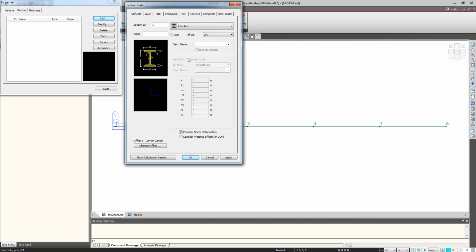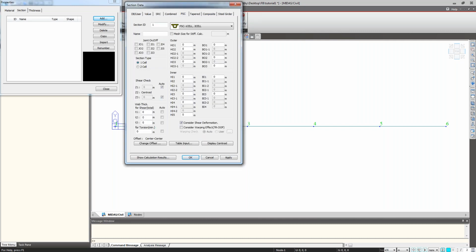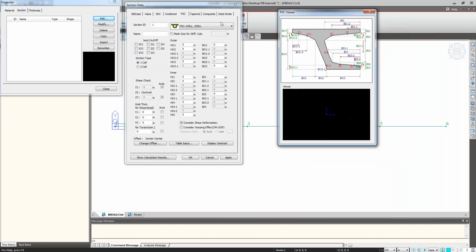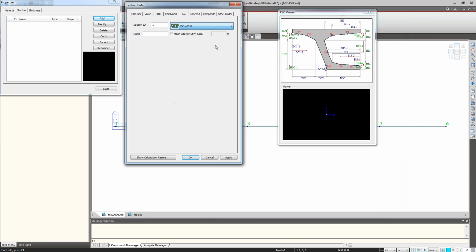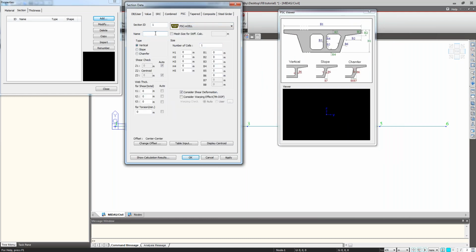So this is section database. Directly I'm creating a section in PSC type. Select the PSC N cell type. I'm giving the name as box girder 1. So number of cells is 2, and in the same cross section selection I can select vertical web,